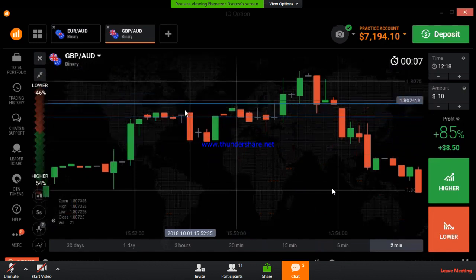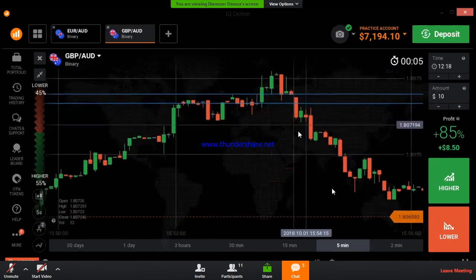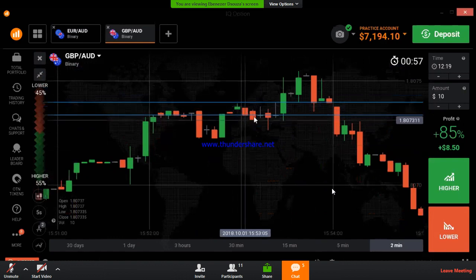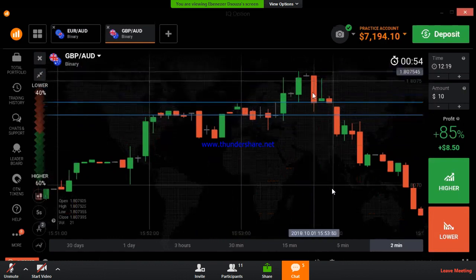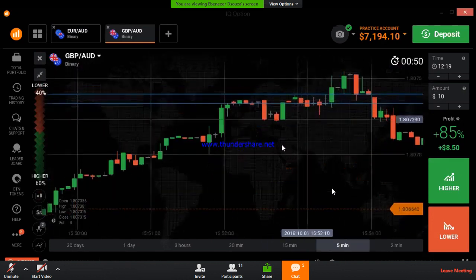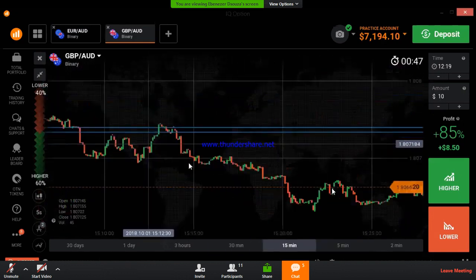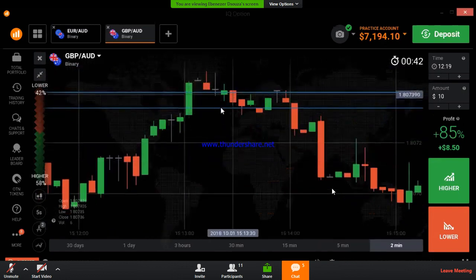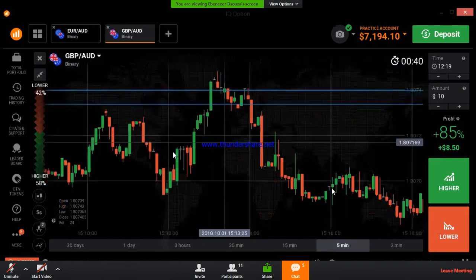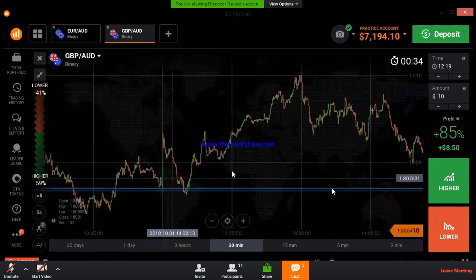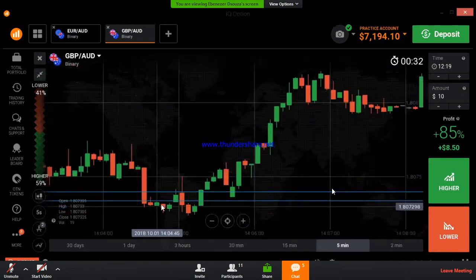Okay, this is a very strong candle, you can take this as a confirmation, but the candle must close below the level. You can see this candle closed just on the level, so you can't take this as a confirmation. These two are very weak candles. Okay, this is the breakout. You can see there is a confirmation here. Not this one, this is not a confirmation. There is no confirmation here.